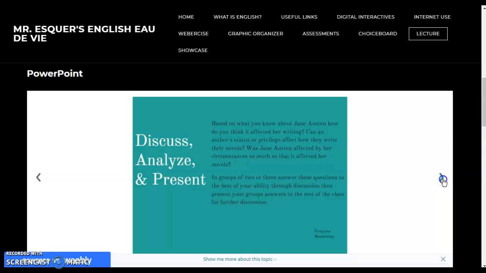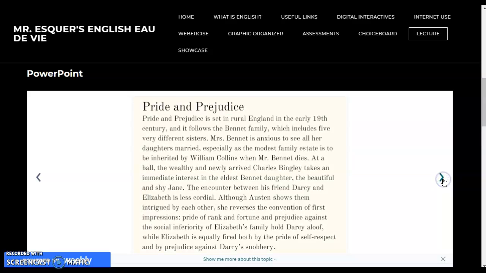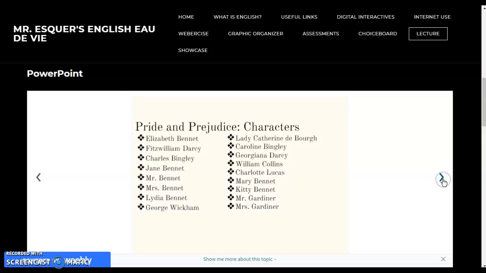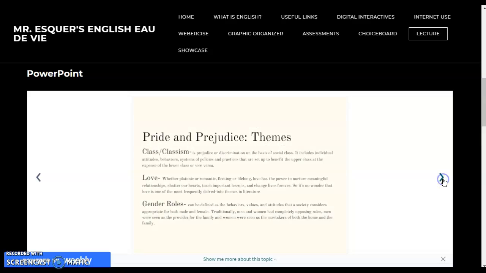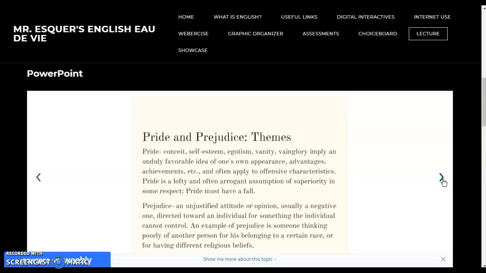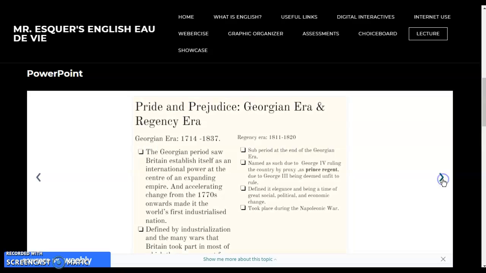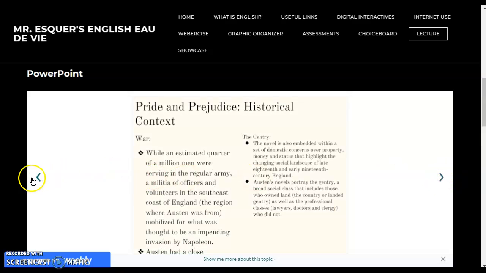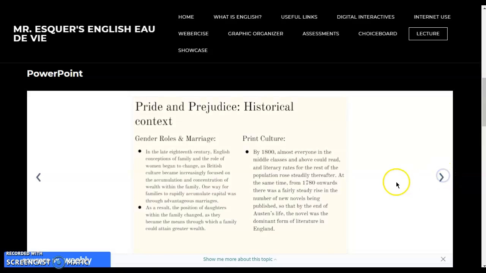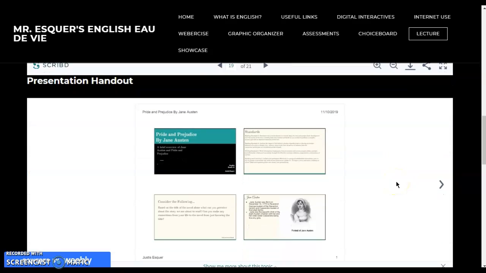The other thing we're going to do is we're going to be going over Pride and Prejudice by itself too, going over characters, themes that are within it, going over the social norms within it, how it connected to its historical context, how Jane Austen connected to the Georgian era and the Regency era, and we're also going to be going along,